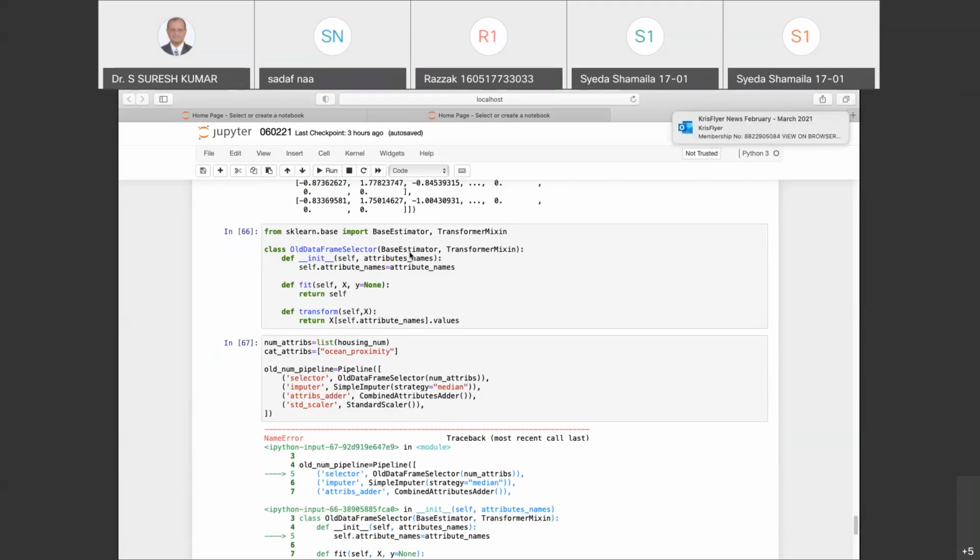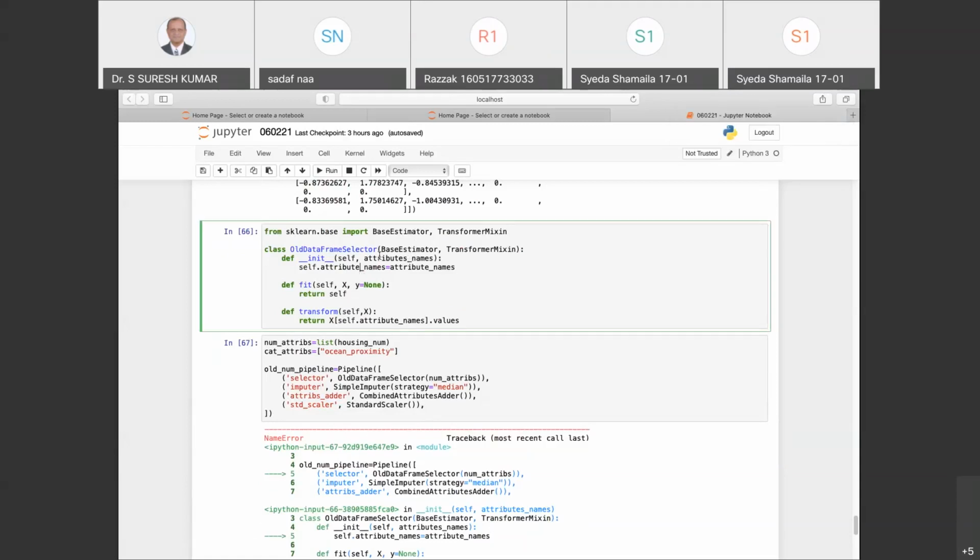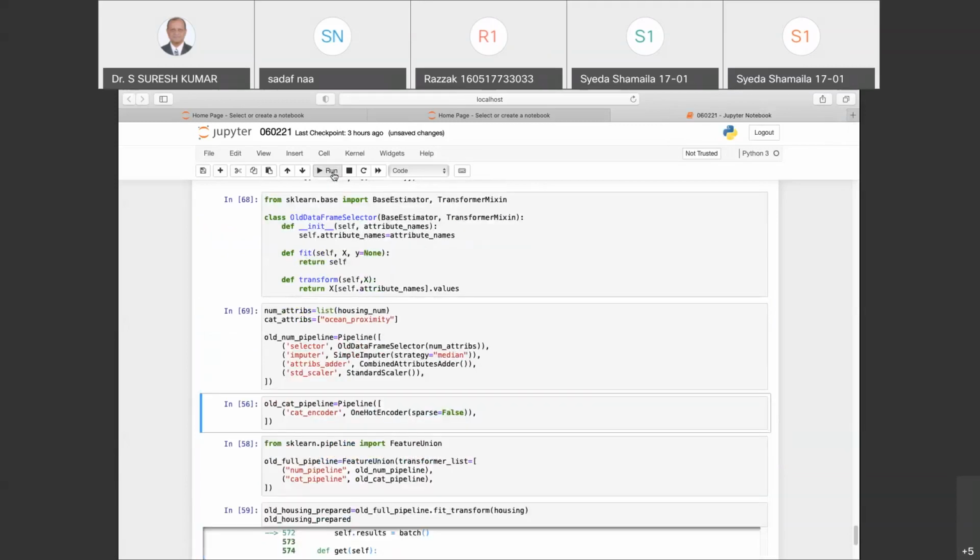Then down we wrote self attribute names. Either this should be attribute underscore names or attribute names. No, it is attribute names. The top here, this is attribute names. So attribute names is attribute names. Okay, now it's fine.